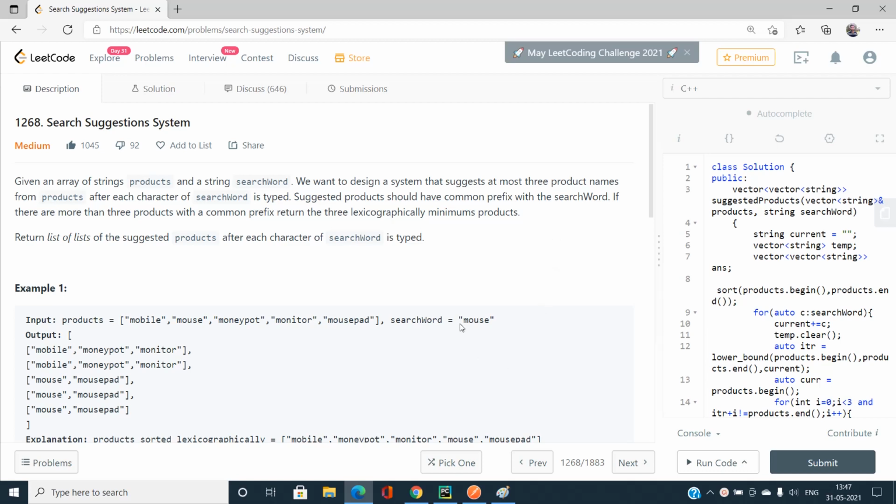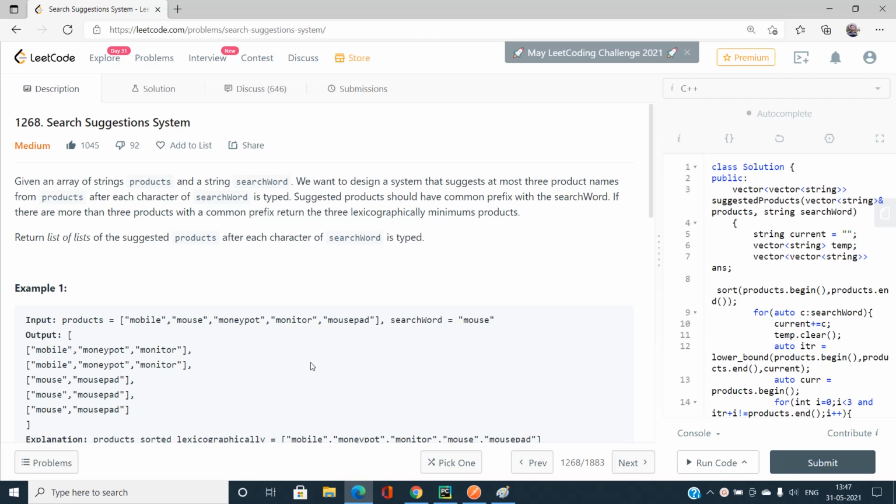That is, if you have typed mo, then you have to pick the strings from this products array such that mo is a prefix of them. This is important. Note that I am talking about the prefix of the strings in the products array. This is also an important thing.